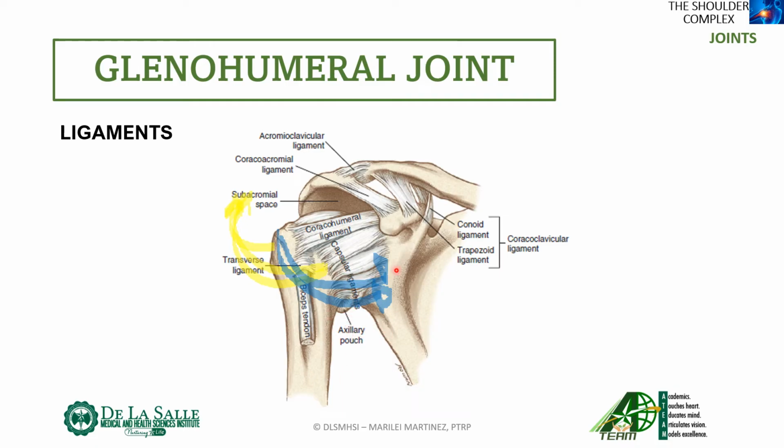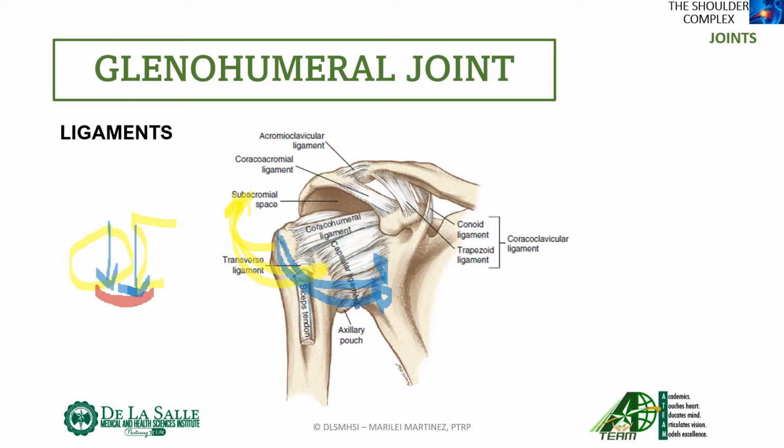Additionally, the anterior band of the inferior glenohumeral ligament also prevents excessive anterior translation of the humeral head, or anterior sliding of the humeral head. Of course, if we are to draw that, this is the superior view, this is your humeral head, this is the glenoid fossa. Superior view, guys. Then this is the anterior band. Of course, your anterior band will prevent anterior translation of the